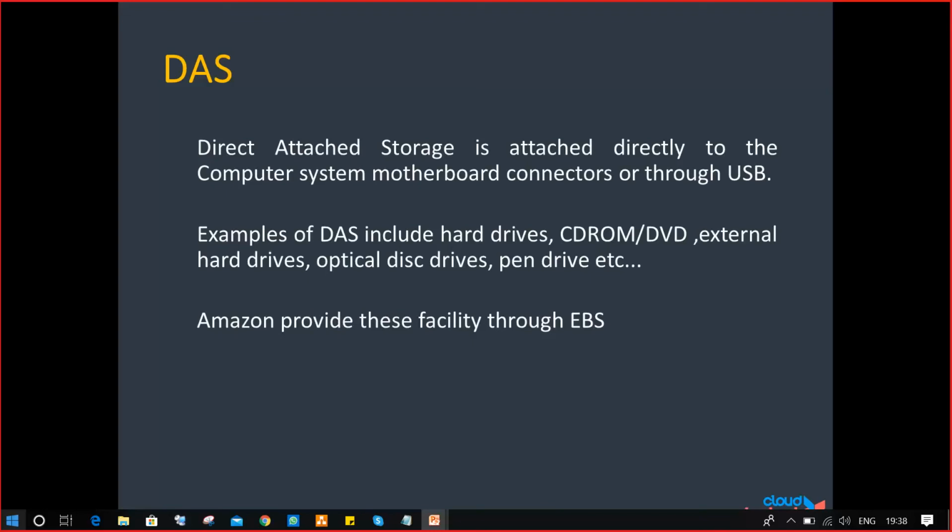Example, just now we created a Linux instance. When we created the Linux instance, immediately a 10 GB volume was created. Did you notice that? Even yesterday we created a Windows instance. A 30 GB volume was created. In that it clearly mentioned that it is an EBS volume, the root volume. That will be considered as DAS storage, directly attached storage. Whatever we are learning today, the DAS concept is completely related to EBS. Directly attached storage in AWS is called EBS.